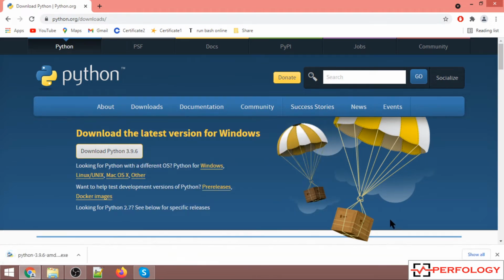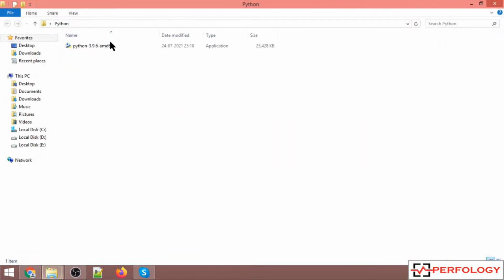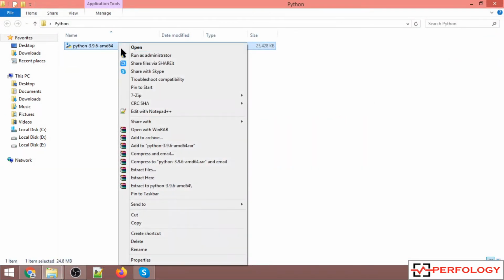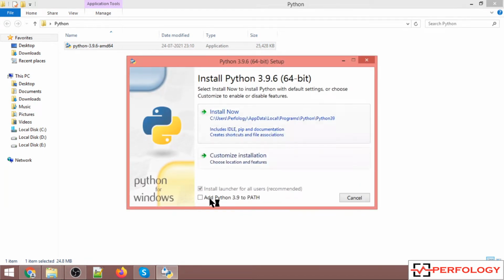So after your setup is downloaded, let me open the setup. So over here at the bottom you will get this add Python 3.9 to path, so you need to check this box, otherwise you will have to manually add the path in your laptop, and after that click on install now.